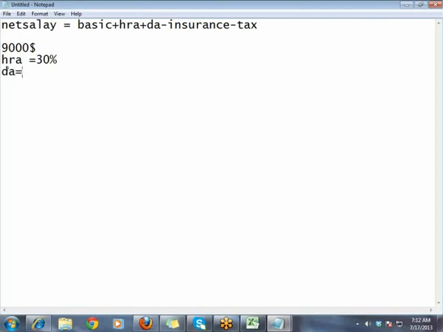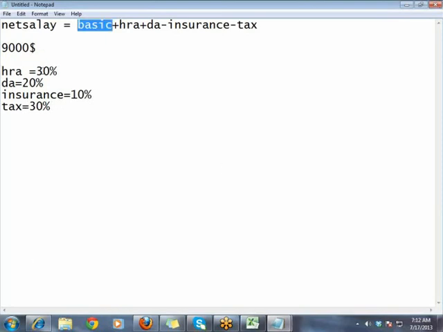And DA is something like 20%, insurance is something like 10%, and tax is 30%. Okay, so 30% of what? Basic. Here you need to know the basic pay of the employee. Out of that he'll get 30% allowance as HRA, 20% as DA, and after calculating these all,